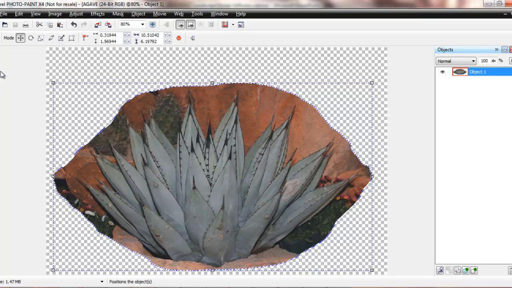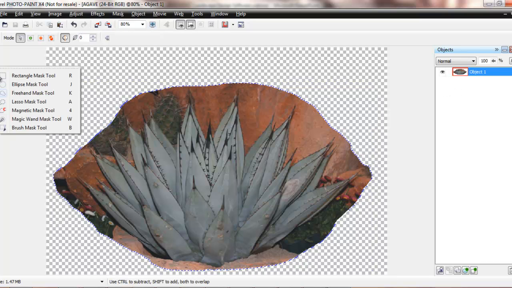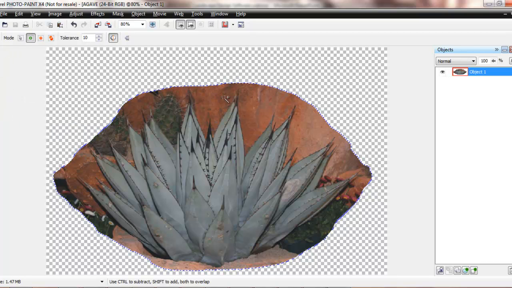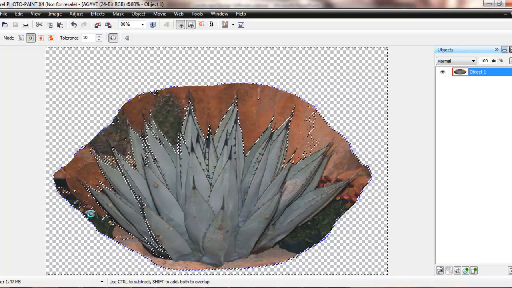Now this is a slick and very efficient tool that you'll have access to. It's called the magic wand. Now the magic wand allows for you to left click as you go, and you'll see that it picks up colors within the photo. So this is picking up color tolerances and selecting those areas that we don't want. So you just begin to left click around your photo,